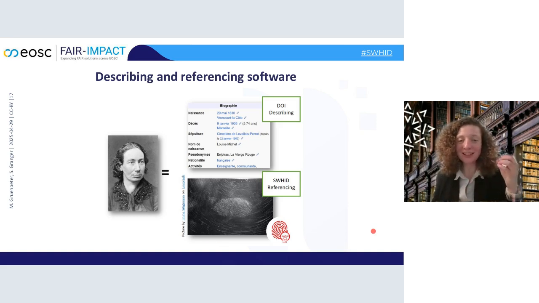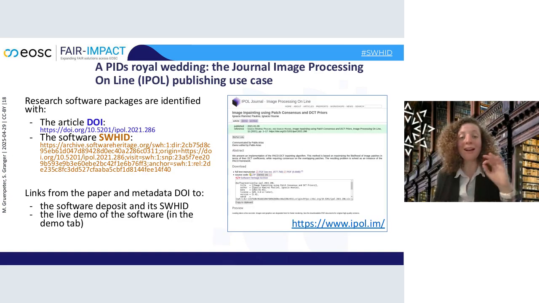And here you can see the example with a person. Well, the metadata record can be in, like here, Wikidata. And then what is the comparison with an intrinsic identifier? It is maybe a fingerprint. We are calling the SoftWare Hash Identifier the fingerprint of the software. And when we look at those two types of identifiers, intrinsic and extrinsic, we do have